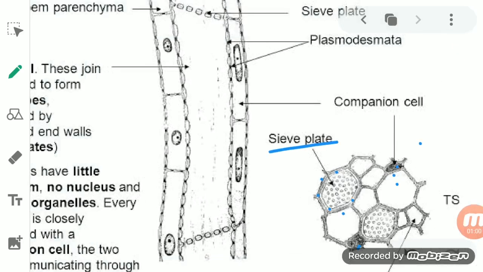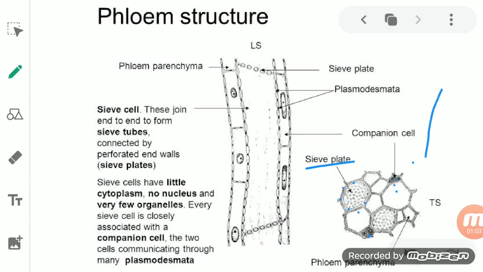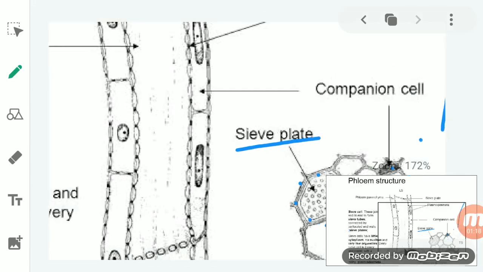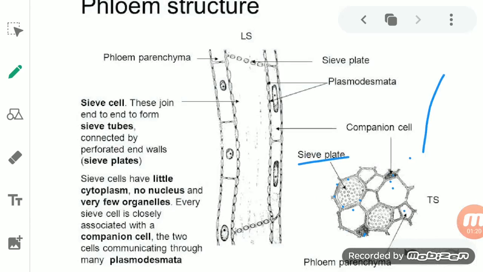And finally, one more thing is there, and that is phloem parenchyma. This is the phloem parenchyma, student, and it is a thin-walled structure and a thin-walled cell, having an intercellular space in it. Okay, so there is a sieve plate, a companion cell is attached with it, bast fibers, that is the phloem fibers, are attached with it, and finally the phloem parenchyma is also present in it. So this is the structure for the angiosperm.